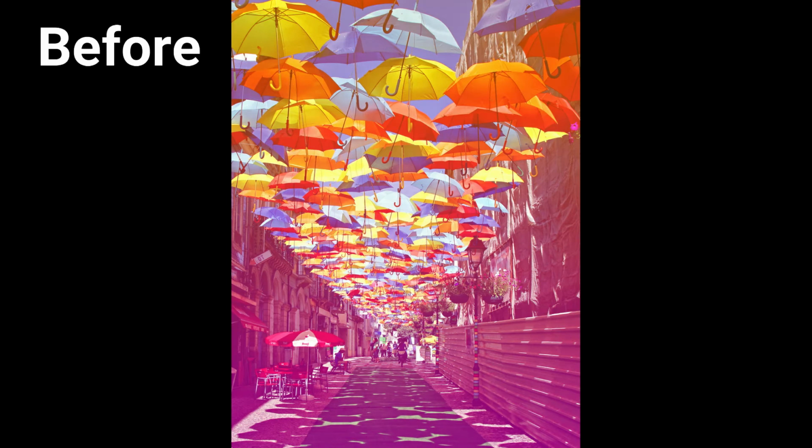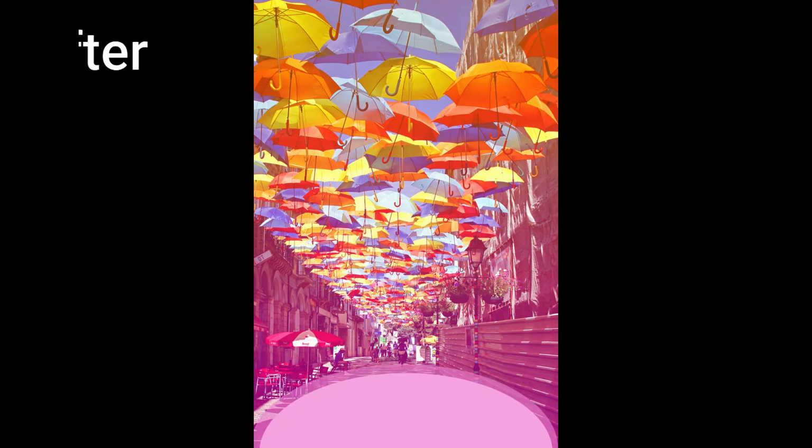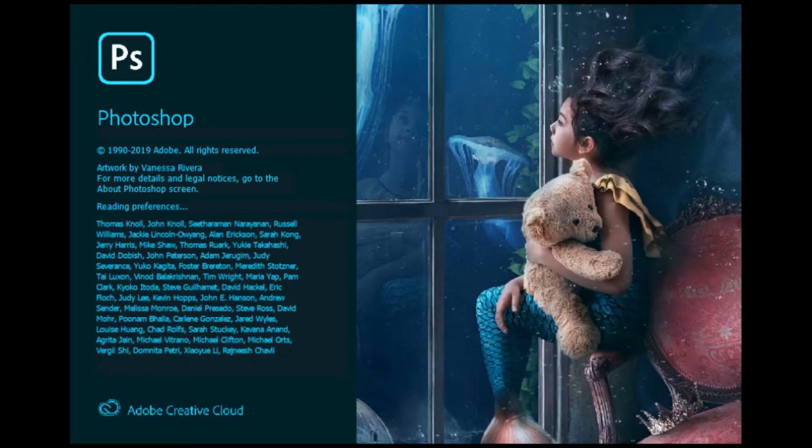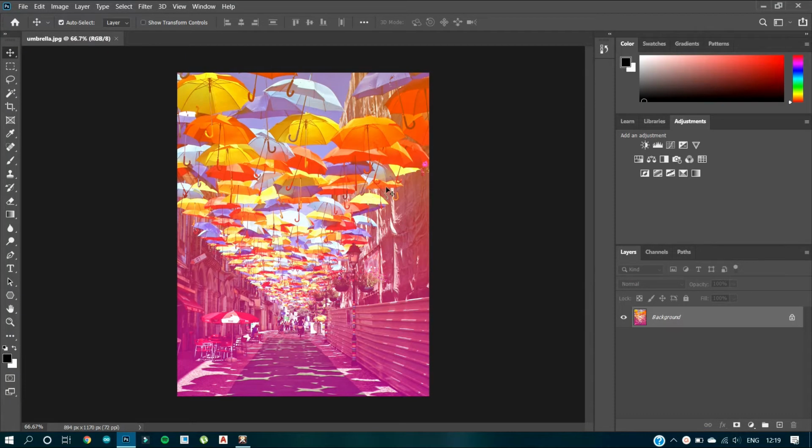In this tutorial, we are going to learn how to make a postcard and add shapes to our image to make it look like this. This tutorial will be divided into two parts, and this is part 1. As you can see, this is the pic we edited in the previous tutorial.